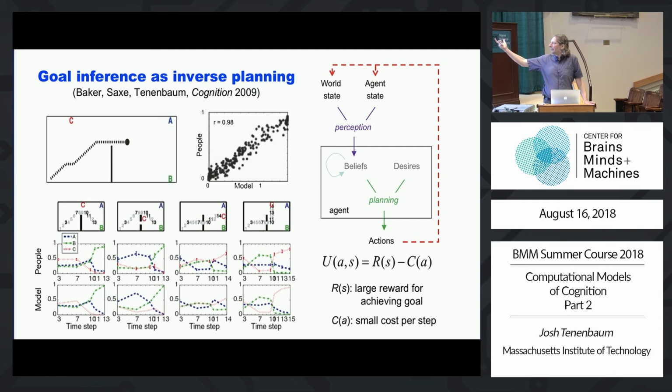The basic structure, again, is really driven by what we've called the naive utility calculus, which is the structure of costs and rewards that the planning algorithm has to be sensitive to. So the models are actually pretty simple, but they have to make assumptions about the agent's reward structure, but they're very, I think, natural assumptions. So what we assume here is that agents get a big reward, positive utility, for getting to a goal, and they have a small cost for each step. Okay? And then they make plans which try to maximize their long-run expected utility, reward minus cost.